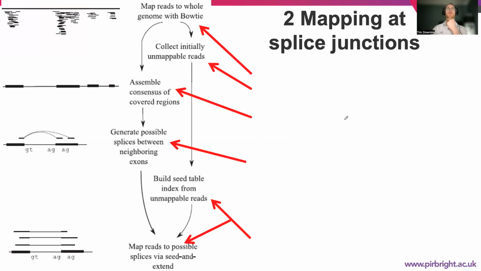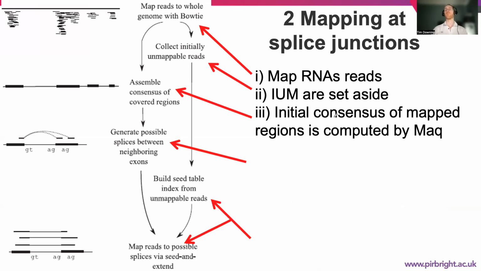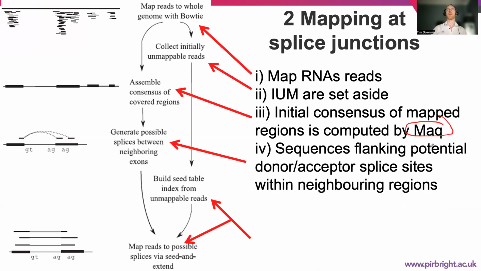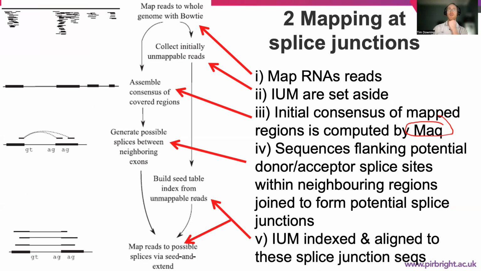So in this diagram here, what we're seeing is that we have first read mapping of our RNA reads to a reference genome. We collect the unmappable reads, take the consensus regions by an older tool called Maq in this example. Next, the sequence flanking the potential donor and acceptor splice sites could be found, and they form potential splice junctions. And these unmappable reads could then be mapped back to these junctions to see if they could be extended where possible. So those are all central ideas that are now applied in more modern tools to look at splice sites associated with